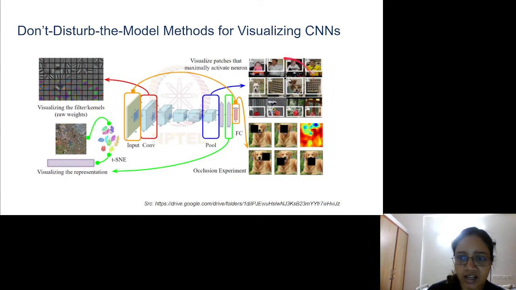Similarly, there is another method like this, for example. So what you try to do here is, you take the last convolutional layer, and you are basically just trying to understand